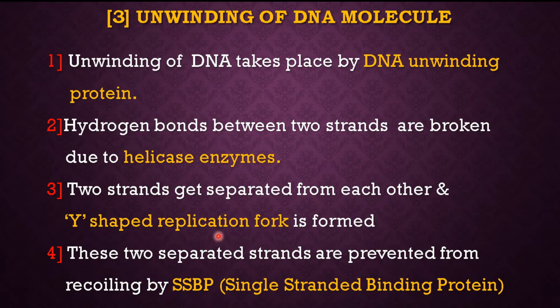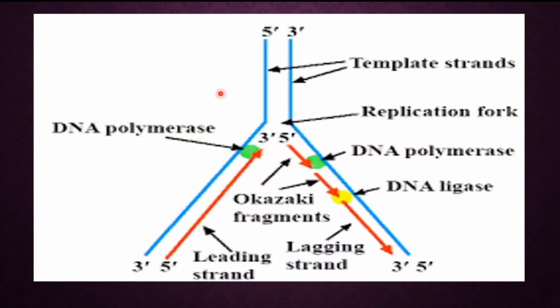So these are the four steps. What you have to keep in mind? First, the uncoiling or unwinding of the DNA molecule takes place. Second, the hydrogen bonds present between the two strands are broken. Third, as soon as the hydrogen bond is broken due to the presence of helicase enzyme, these two strands get separated from each other. Because of this separation, it forms an inverted Y-shaped structure, which is called replication fork or replicating